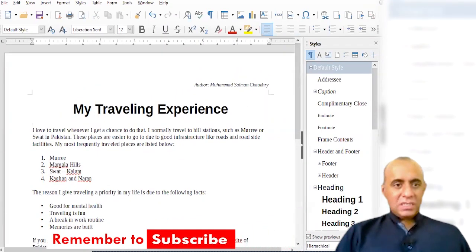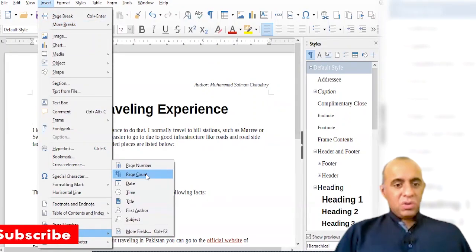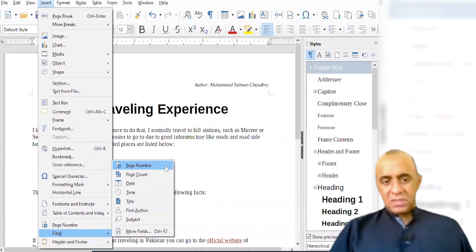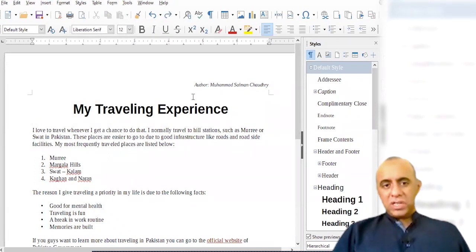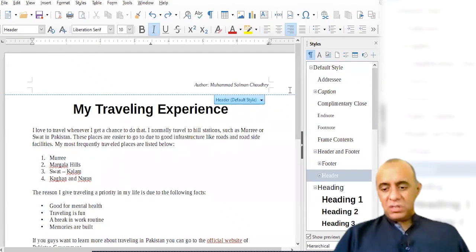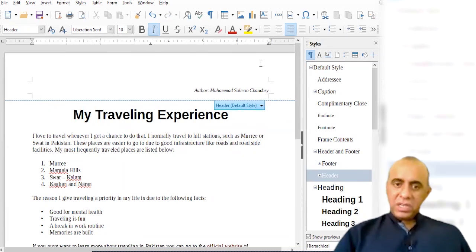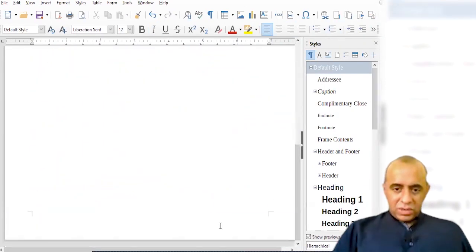And let's do another thing. Let's insert page numbering. You go to the insert option. In the insert option there is a field option. In the field option there is a page number option, so you select that, and it is going to place the page number wherever your cursor is. Right now my cursor was outside the header area. Normally it is normal to find your page numbers inside the header or the footer. So let's actually insert the footer first and insert the page number in the footer.